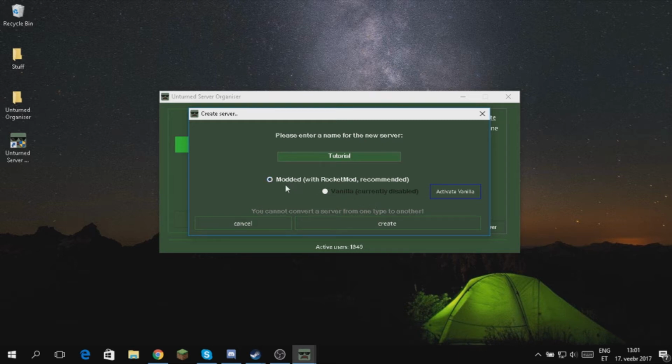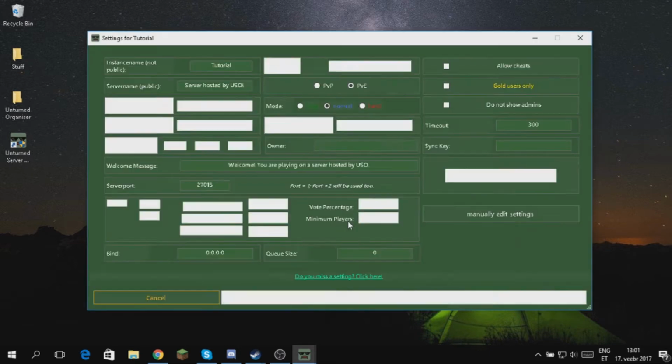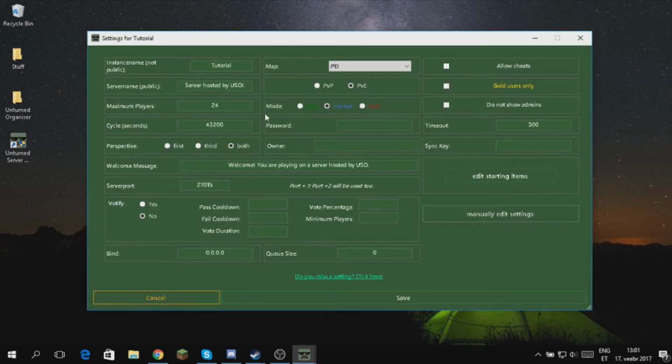But I'm gonna use modded, so I'm gonna click create, and now you can put the name. That's gonna show you the name only for you. The name here will be shown to people who will join this server by Unturned.